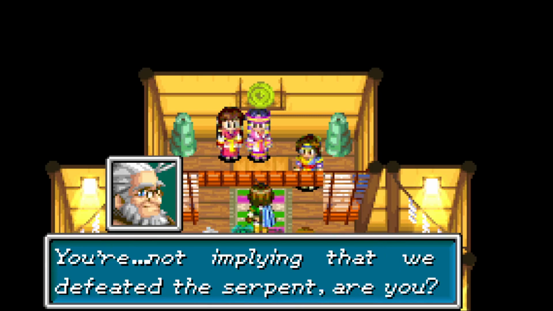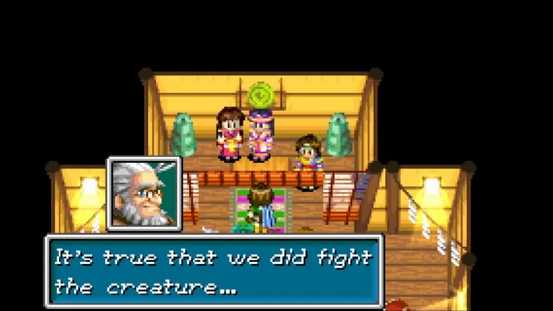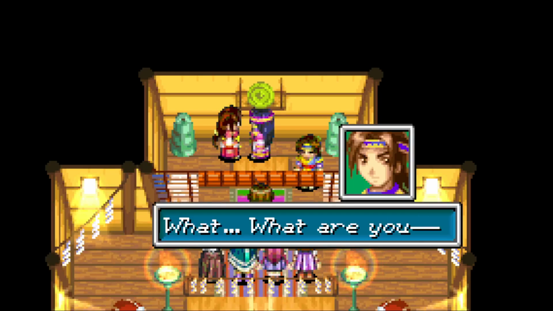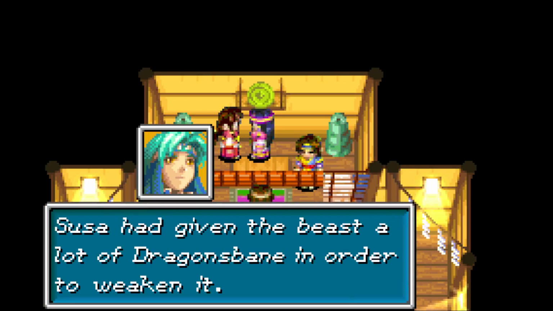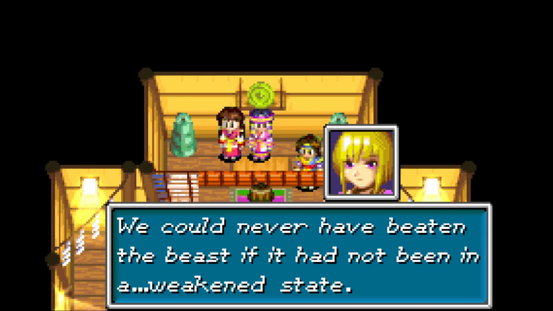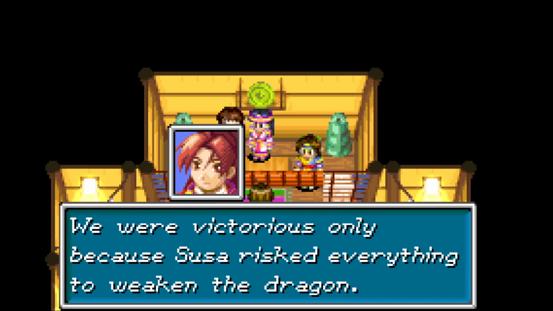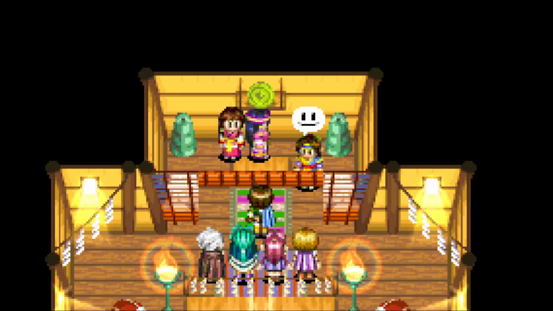You're not implying that we defeated the Serpent, are you? Oh, shoot, I totally said yes. It's true that we did fight the creature, but without Susa's power, the battle might not have ended so happily. It was a close battle. What are you... Susa had given the beast a lot of dragon's bane in order to weaken it. We could have never beaten the beast if it had not been in a weakened state. We were victorious only because Susa risked everything to weaken the dragon. Susa, perhaps after all you are...